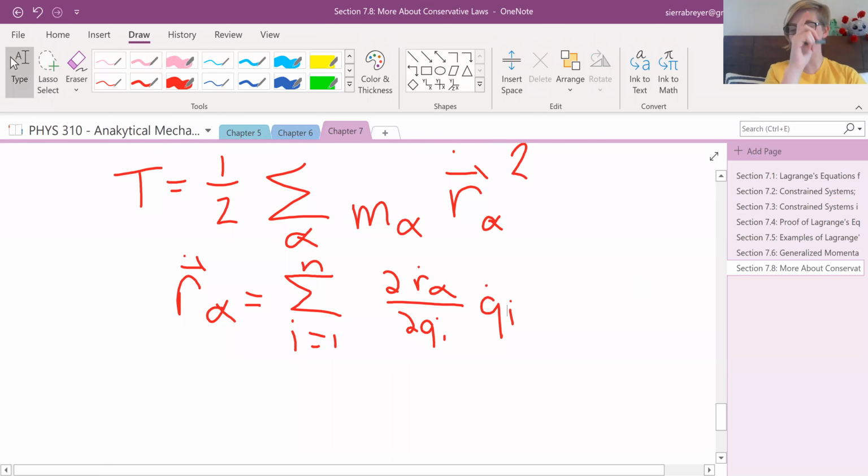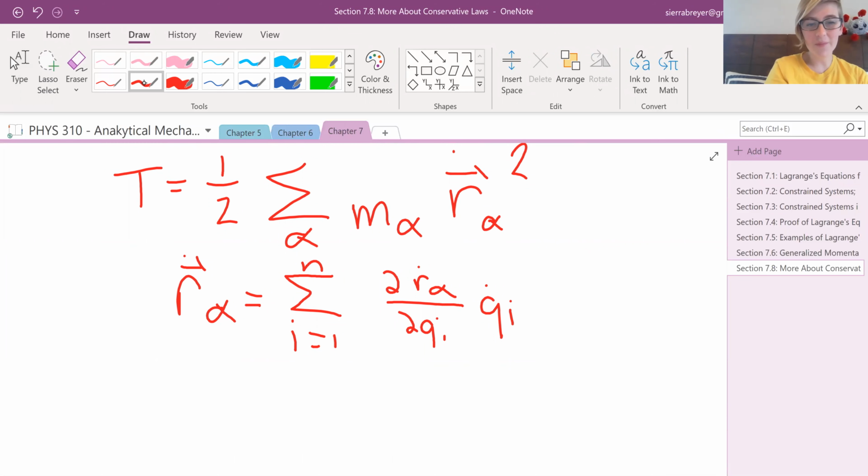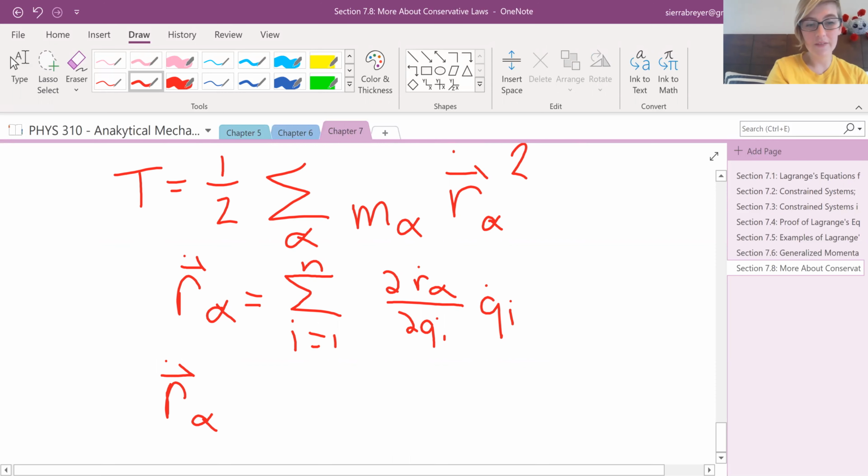How things change with time is how my velocity is going to work, which is lovely to know. Which then means that this r dot alpha squared that we see right here is going to be equal to